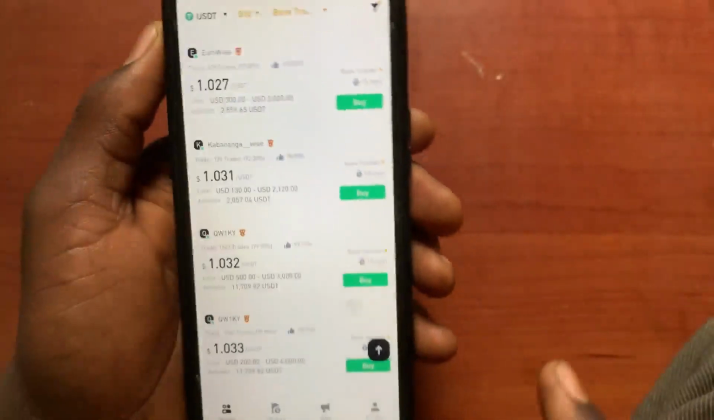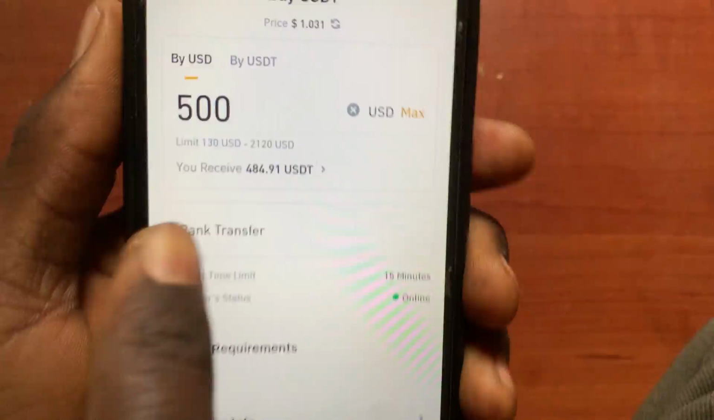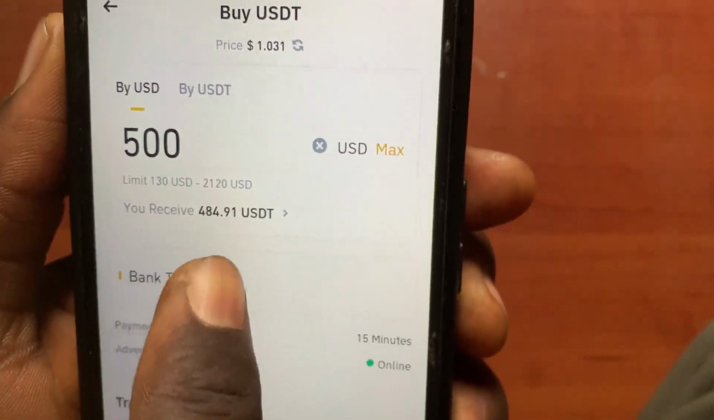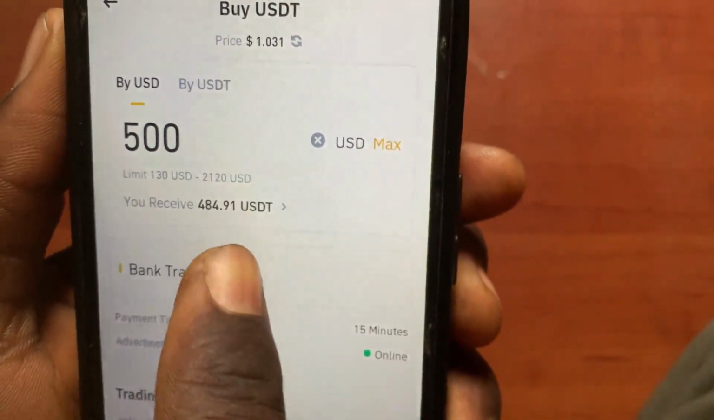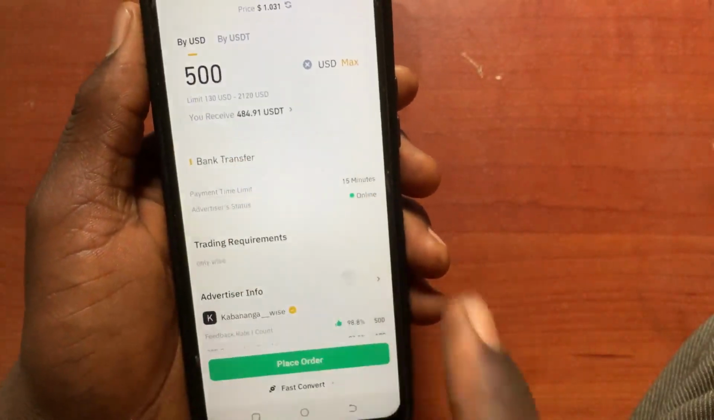So tap on this buy button. If you tap on this buy button, as you can see now, here it is. Now if I send him 500 USD, I'll be able to receive 484.91 USDT. So from there, all you have to do now is make sure you tap on this bank transfer and